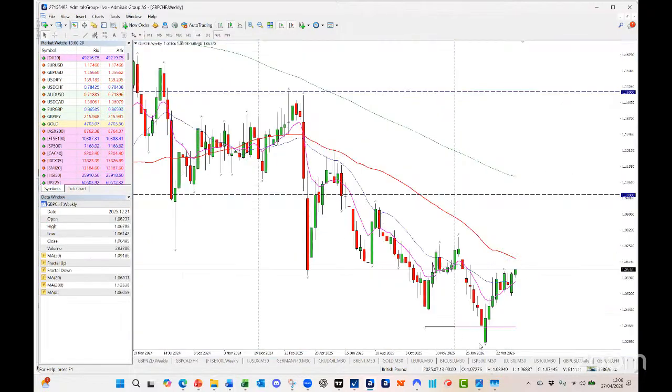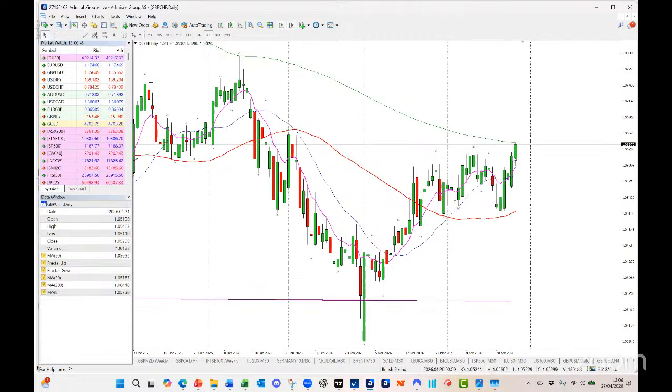Pound against Swiss franc. This is the weekly chart. We flushed the lows at the start of the war, and we've just worked our way up. And on the Swiss franc, the SNB have come out and said that they've been doing their own manipulating. That's why, if we look at the daily chart for the last 6 weeks or so,